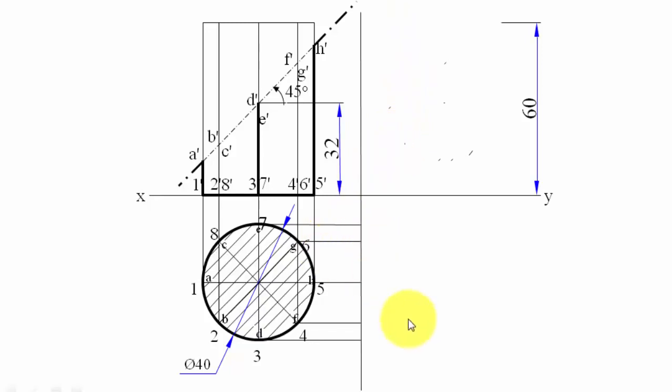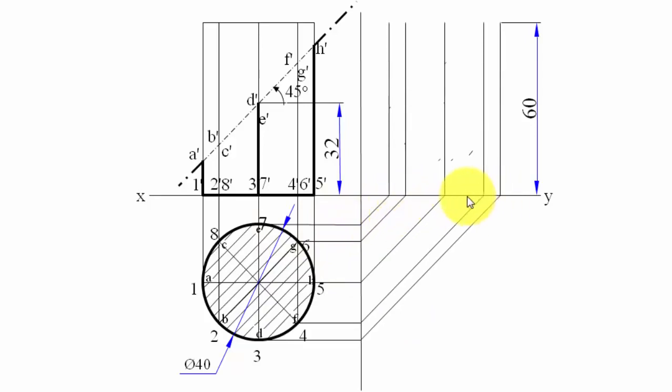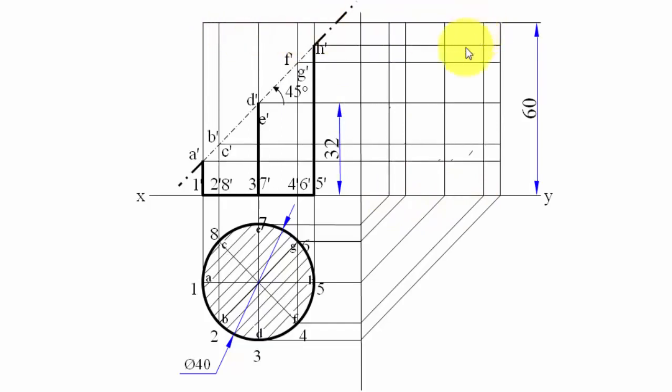All right, now let's project the points in the right hand side direction. Let's turn them by an angle of 45 degrees. Let's draw vertical lines from all these points like this. Let's have a horizontal line from all these points over here. There you go. Now we're gonna have to find the intersection points.